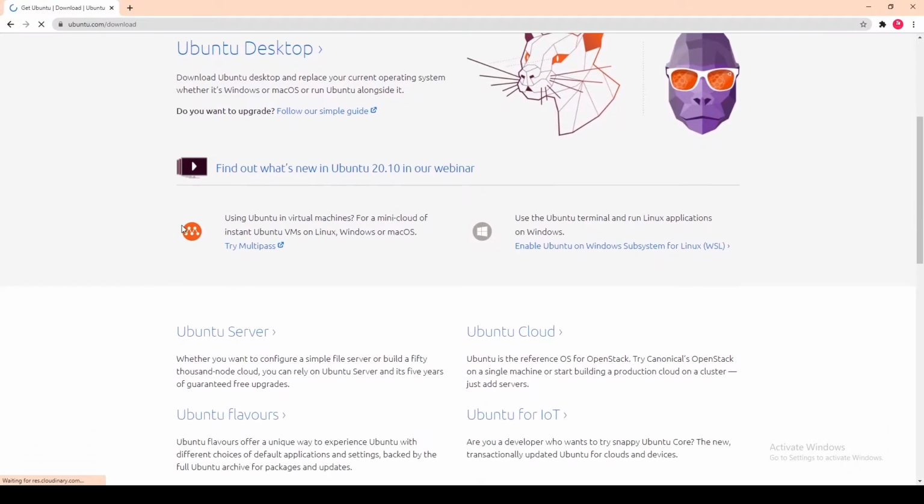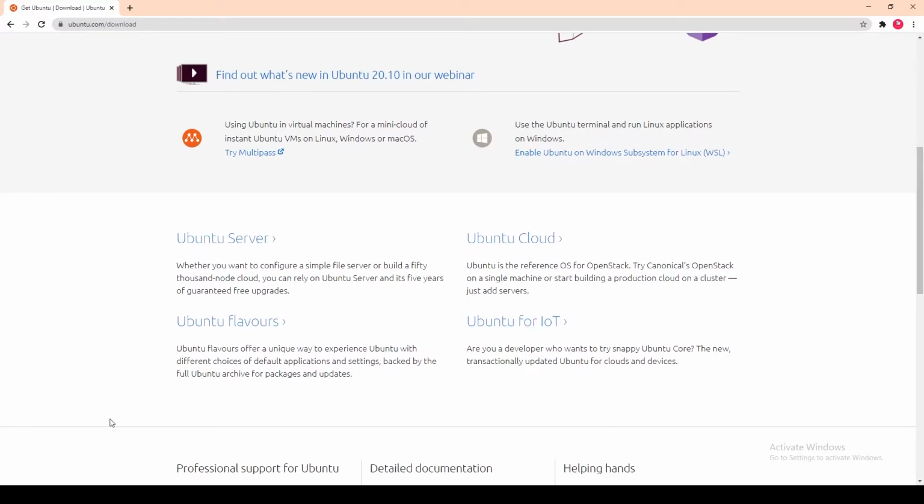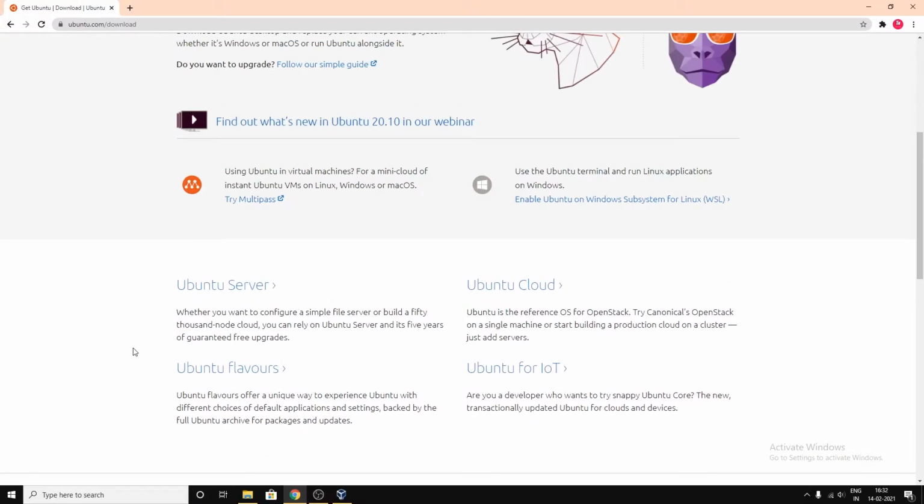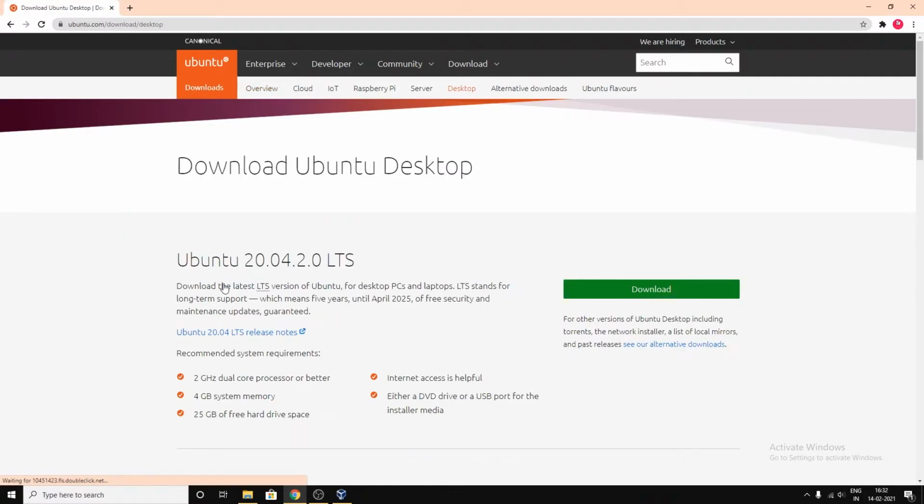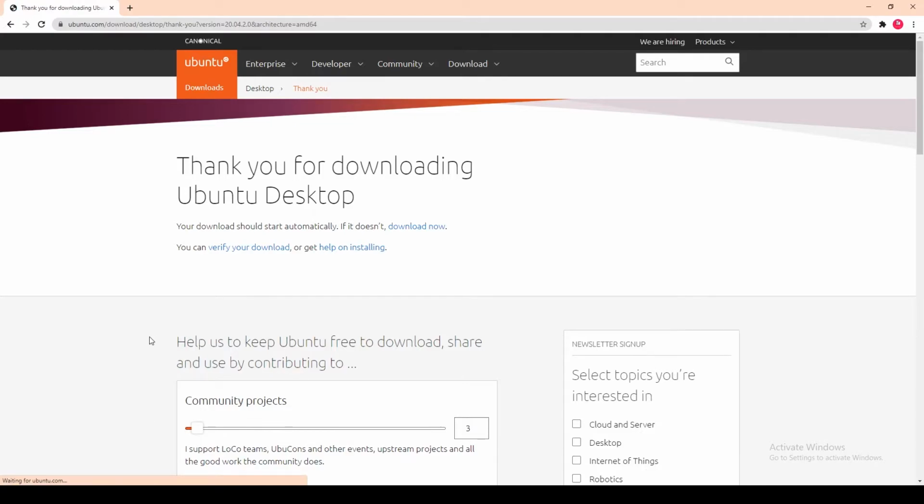Now from here you can download Ubuntu's OS. Once you click download, the download will start. As I have already downloaded it, I won't download it again.